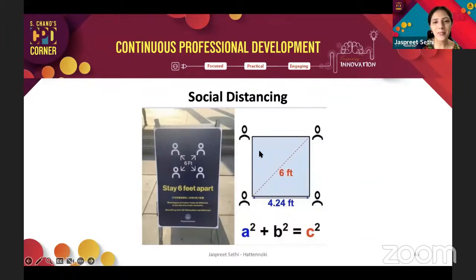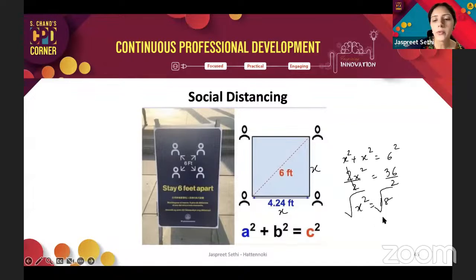It has to be, and then we'll have to do a little bit of algebra there. And I want to quickly work through that. So this is x and x. So I'm talking about x squared plus x squared being equal to 6 squared. And that's my 2x squared equal to 36. And then I divide both sides by 2, inverse operations. So I'm basically looking at the square root of 18. I'm going to neglect my negative root here, because I'm talking about distance. And that is approximately 4.24 feet.